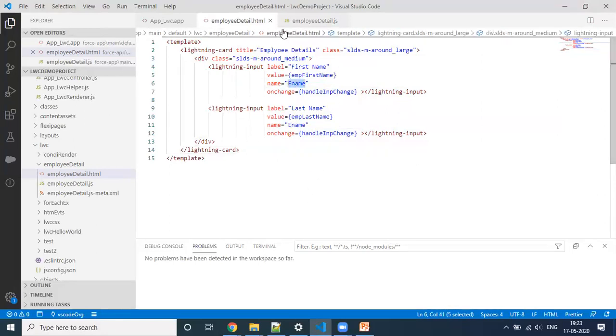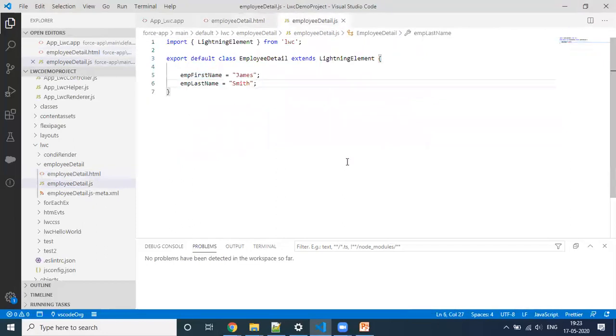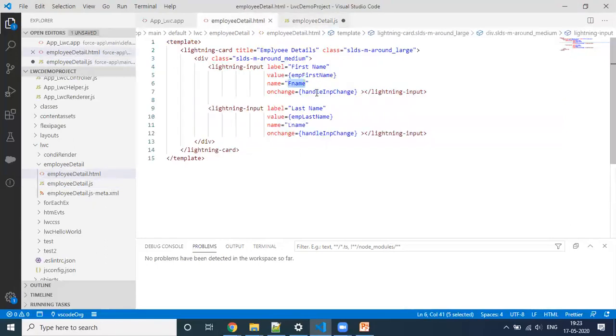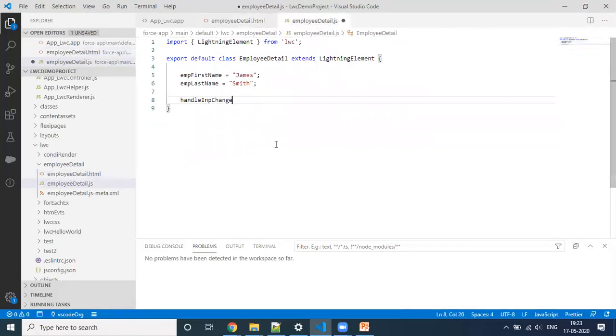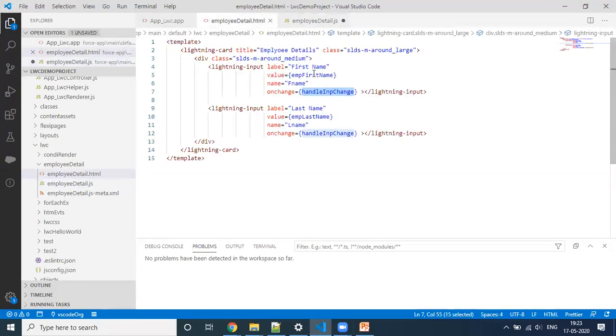So here what I'm going to do is define this method, handle change. I'm going to define two more variables here, to store the name and the value, basically to assign a random value.